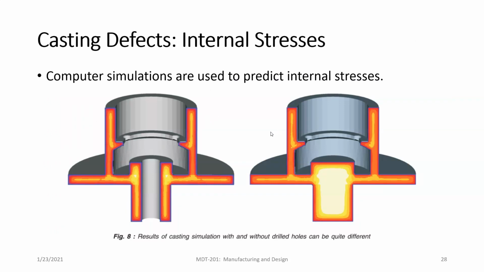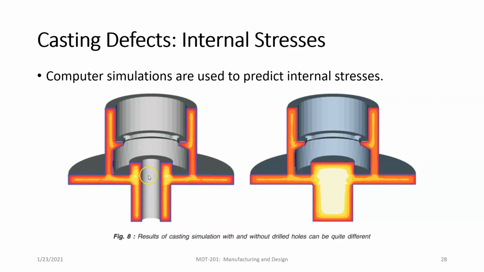All right, so let's return back to casting defects and internal stresses. So here's a computer simulation used to predict internal stresses. And we can see that here we cast it with and without holes, right? So here we can say that this would be a part that has a core in it, so that we're casting it